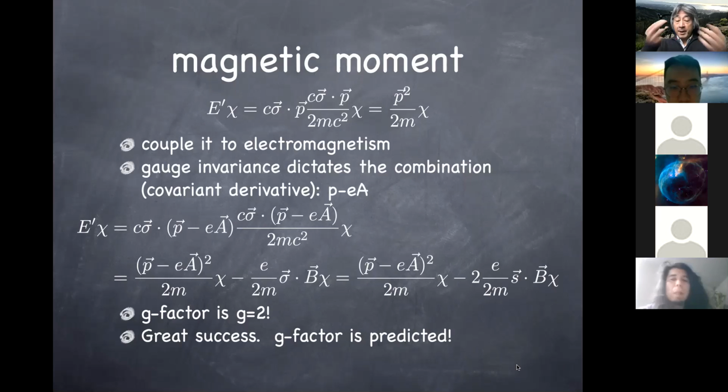And then you came up with this argument that in order to be consistent with the relativistic relationship between energy and momentum, alpha and beta have to be matrices, 4x4 matrices. But if you work out the non-relativistic limit of it, you get the correct kinetic energy p squared over 2m, you get the correct g factor for the magnetic moment, and you also get the correct relativistic corrections to the hydrogen atom and so on and so forth. So it is a tremendously successful theory, but it did fail.